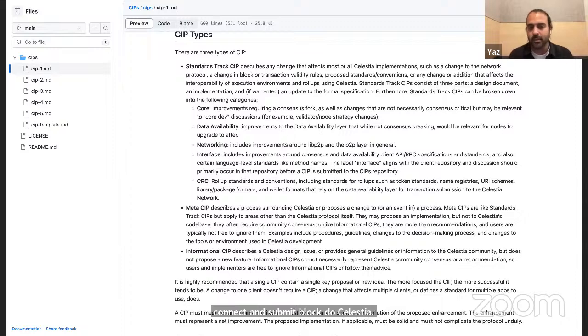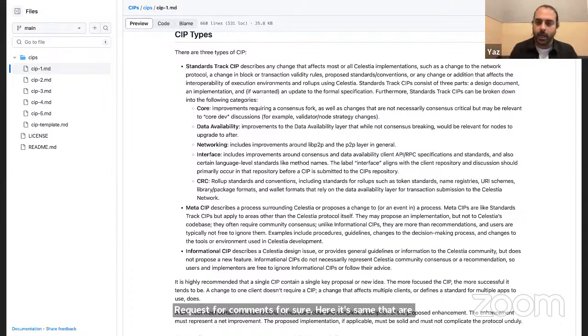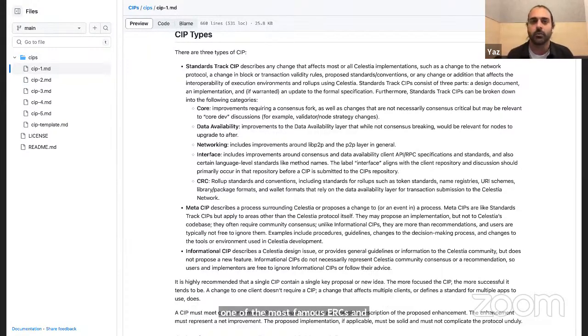Then we have CRCs, which, if you're familiar with EIPs, are kind of like ERCs; they stand for Celestia Request for Comments. Here, it's things that don't directly impact Celestia, but allow you to create different proposals. For example, one of the most famous ERCs in Ethereum is ERC20, which allowed people to create a standard around token creation for a smart contract.